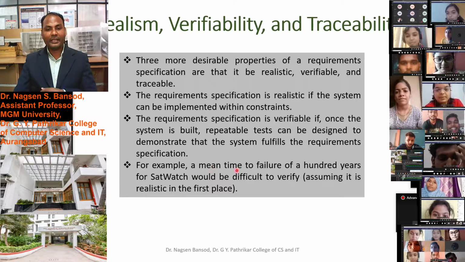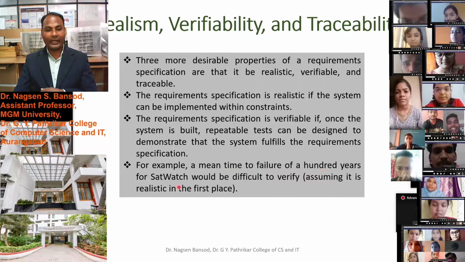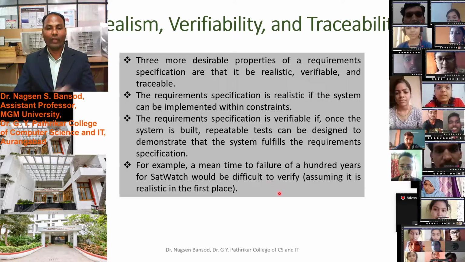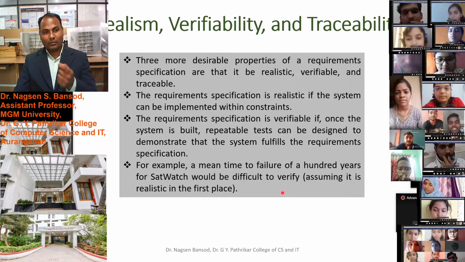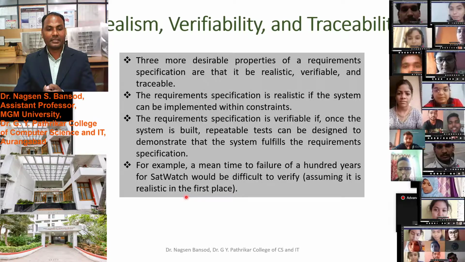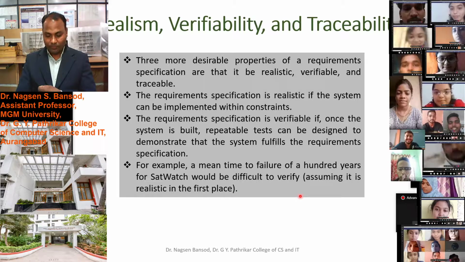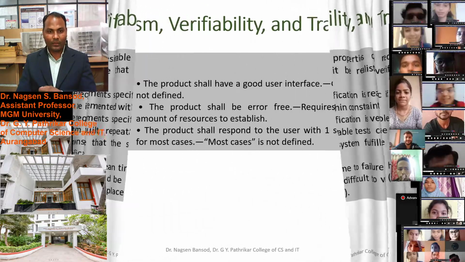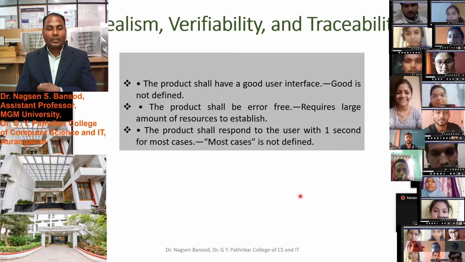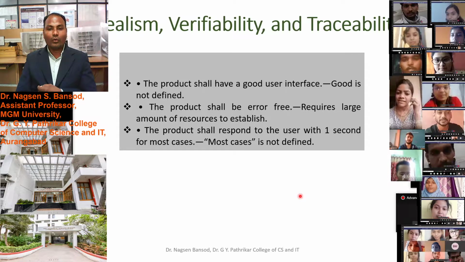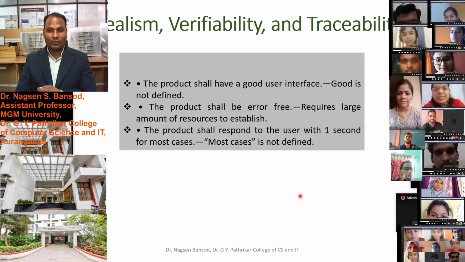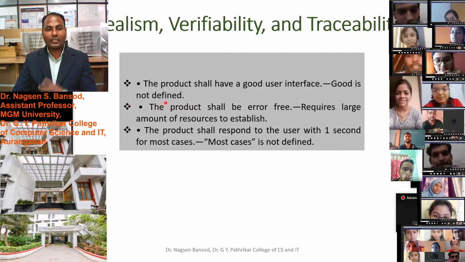For example, a mean time to failure of a hundred years for SatWatch would be difficult to verify. This is the example of SatWatch, assuming it is realistic in the first place. The product shall have a good user interface: good is not defined.